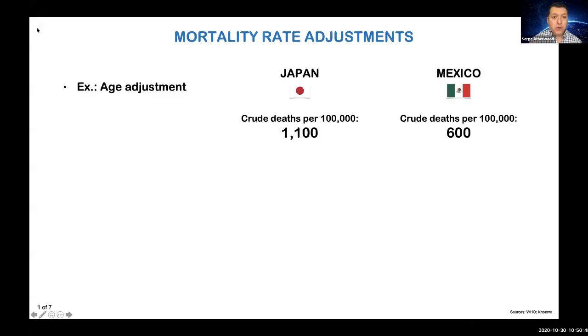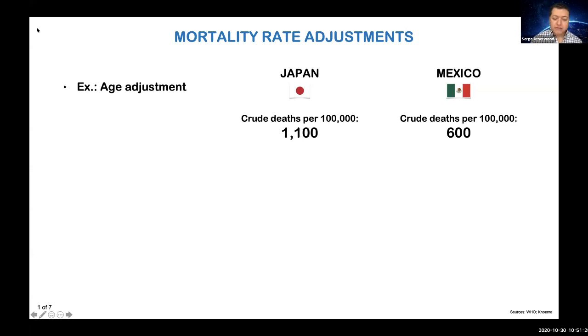I'll give you two quick non-COVID examples to show why this is useful. Let's take Japan and Mexico, two countries with nearly the same size of population. In 2018, the crude all-cause death rate was 1,100 per 100,000 persons in Japan versus only 600 in Mexico. It would be premature, however, to conclude that Japan poses nearly twice the risk to one's survival as Mexico, because